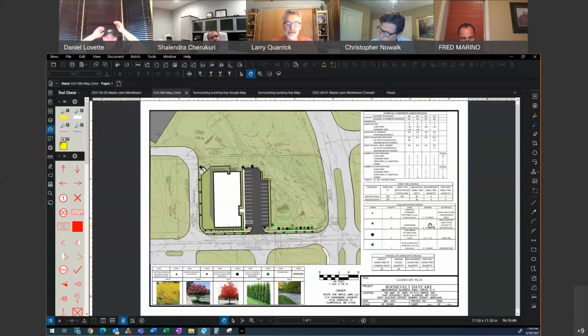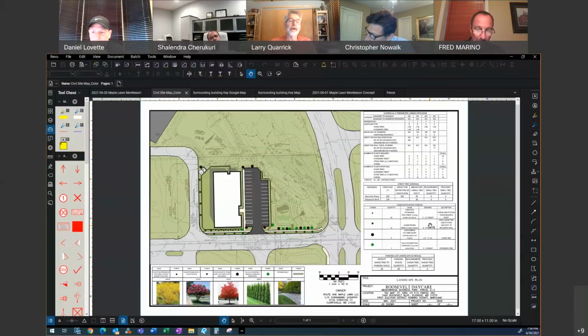This is the same motion. Point two, consider adding shade trees at the base of the retaining wall along the parking lot. The third point is consider increasing the amount of native trees in relation to the total number of trees and shrubs specified. And four is develop a specific plant list for wetland plantings, especially around and near the bioretention area.